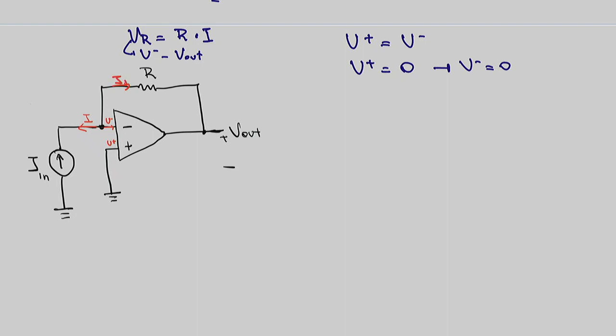So I'm going to call this IR. So what are the currents coming into the node? Currents coming into my node here, U minus. There is no current coming in, right? They're all coming out. So if I write the currents coming out,